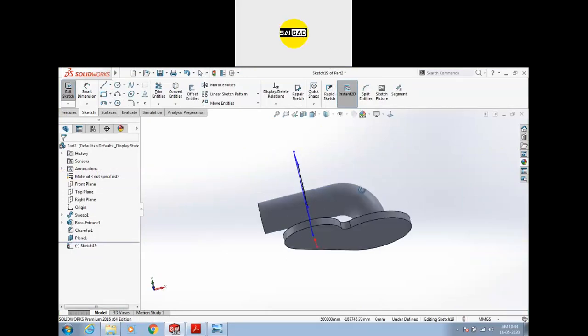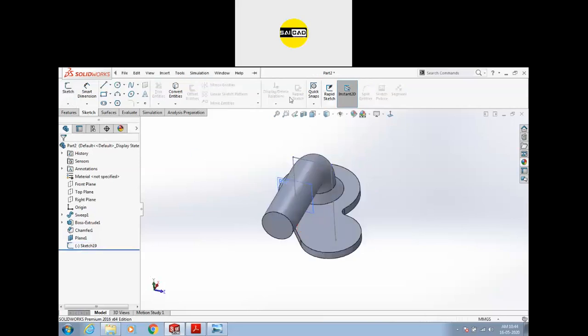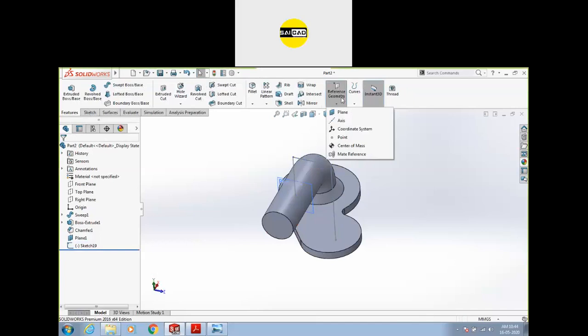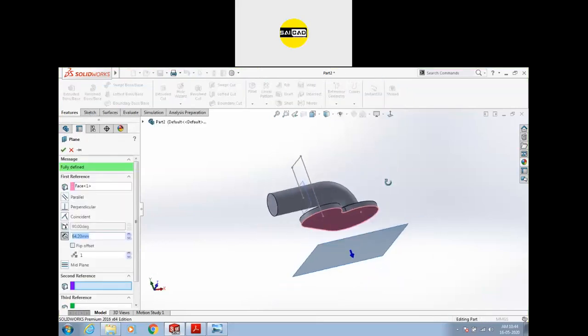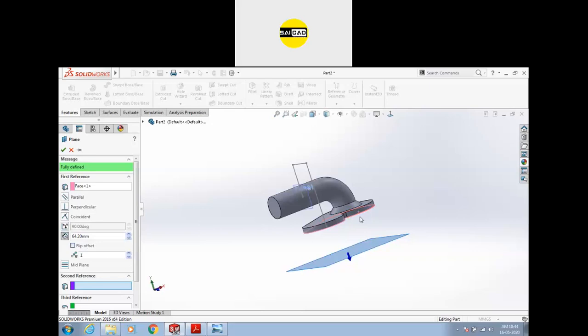So if you want a parallel plane, you can just go to the plane option feature. There is the option plane. If you want a parallel plane, you can select the face and the plane will be parallel to that. If you want the plane to be offset, just select the distance from here. How much offset do you want the plane? And if you want multiple planes, you can specify the number of items from here also.